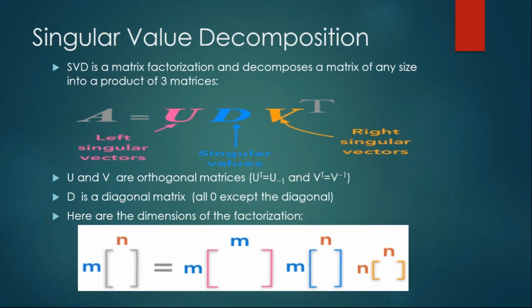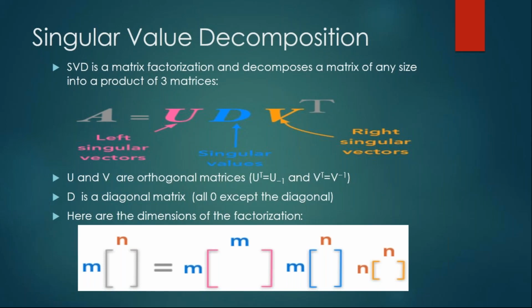Singular value decomposition is the same as SVD, and it's a matrix factorization. We can decompose a matrix of any size into a product of three matrices. So we have A as a matrix, and it is given by U, Σ, V transpose, where U and V are called your left singular vectors and right singular vectors, and they are orthogonal matrices,